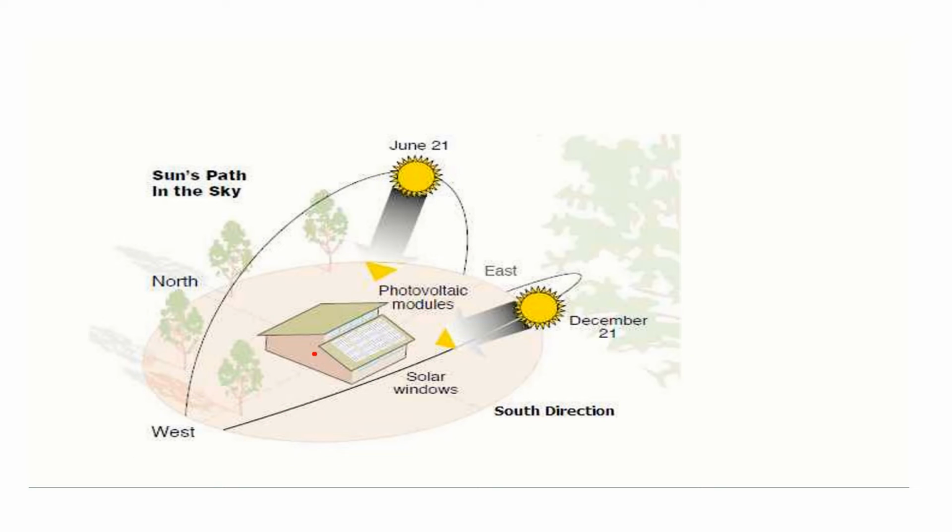So if we see that this is our solar panel, this solar panel should face this south direction. So this south direction should always be open. There should be no trees like this which can create a shadow on this panel. That's why the south direction should always be open, because the sun moves from east to west towards the south. So if we want to install a solar panel on our roof or our terrace, we need to examine that our south is always open. It should not cast any type of shadow.